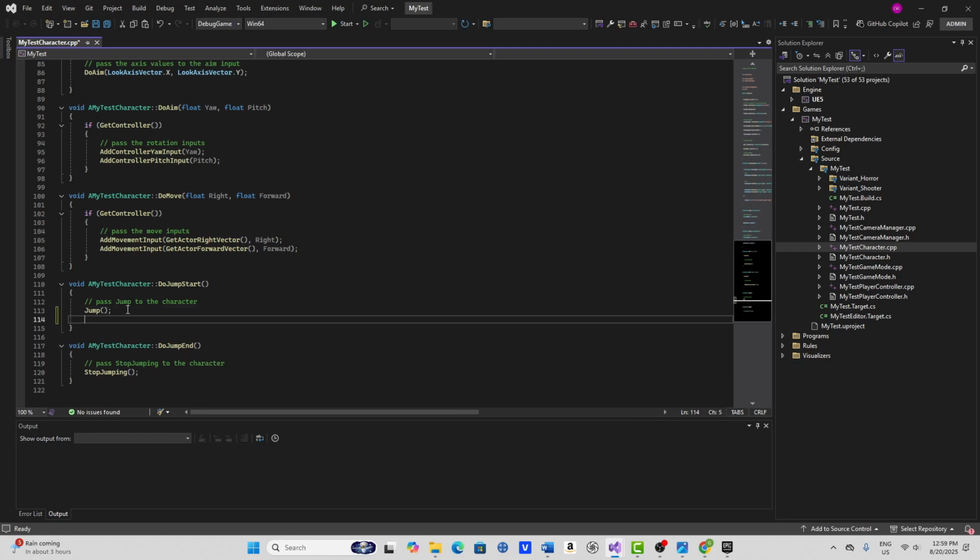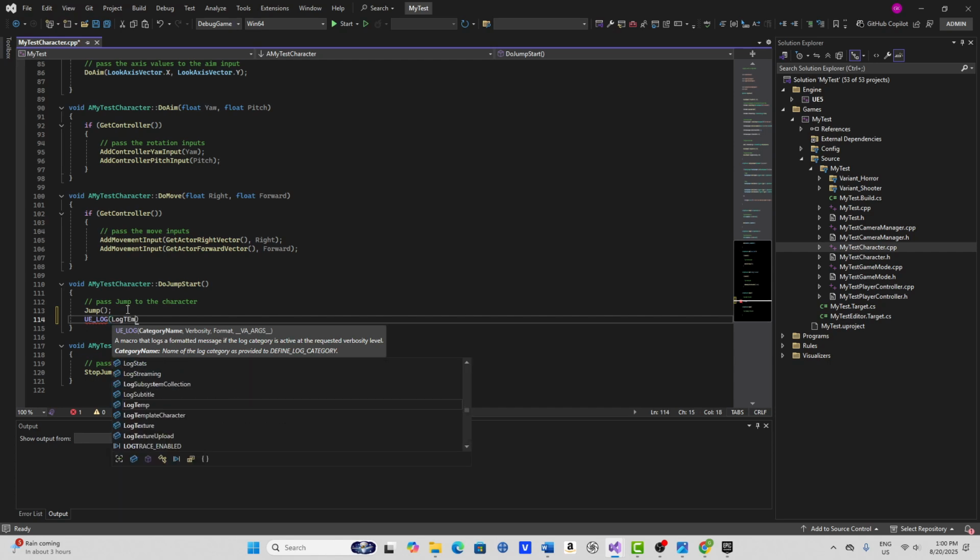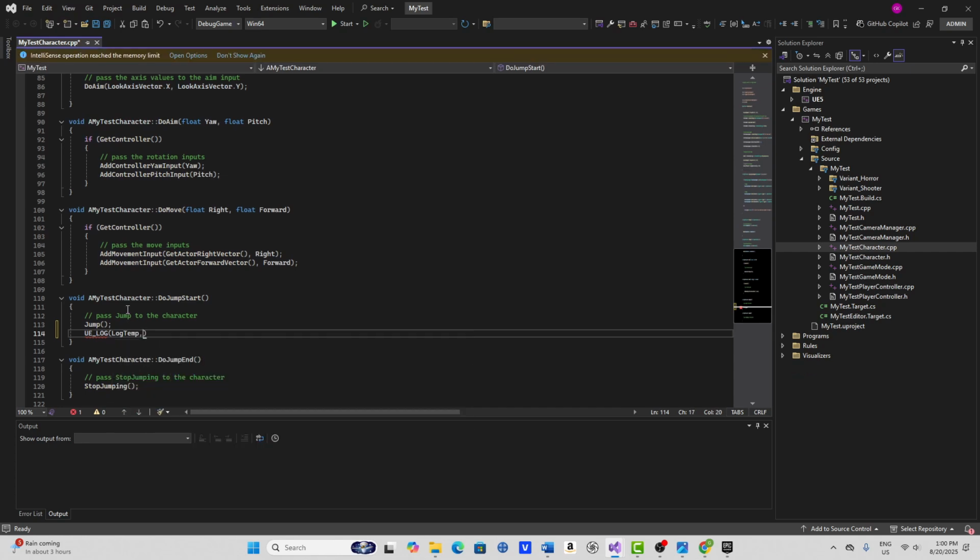And this one is just called UE_LOG. And we do parentheses. And it requires three parameters that you can see from this little helper box. One is for the category name, verbosity, and format. Here we're just going to type in LogTemp, and then we're going to type in Display, and then we're going to hit comma, and then in capital letters type TEXT, parentheses, double quotations, and then whatever text we want to put in. So we'll just say,